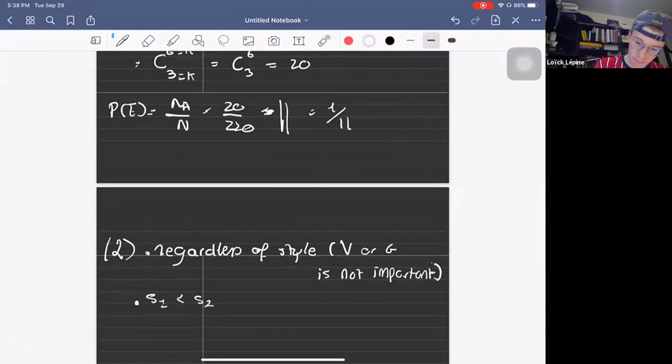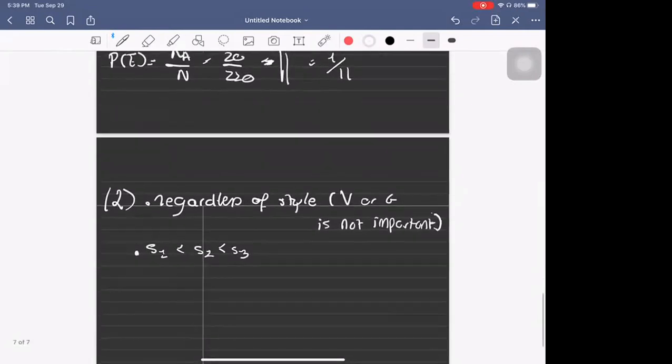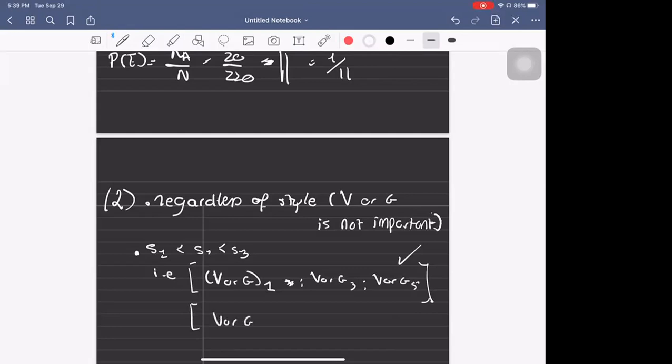Subscript 1 is smaller than subscript 2, and smaller than subscript 3. To give you an example, I'm going to illustrate point 1 at the same time. So it's V or G 1, V or G 3, V or G 5. If that's the ranking, regardless of style, we don't care if it's a value or growth manager. If we have 1, 3, 5, then the first subscript is smaller than the second one, which is smaller than the third, so that would satisfy. On the other hand, if we have value 2, G 1,